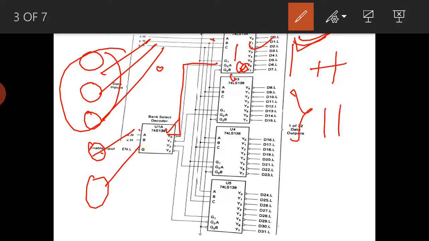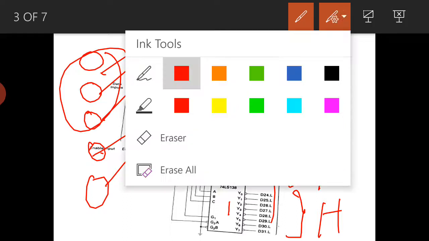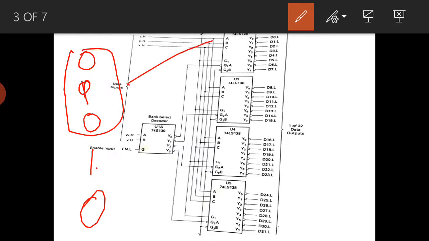So this is also disabled, this is disabled, these all are disabled because the enable signal G2A is high. Okay, similarly, if I give the 0 1 0 pattern, I have 5 bits: 0 1 0 is connected to ABC, and the other two inputs I am giving as 1 0.